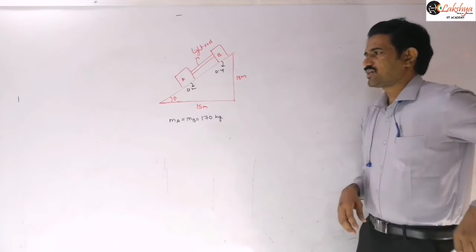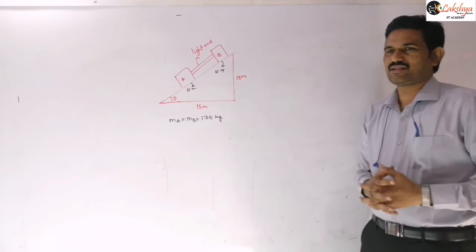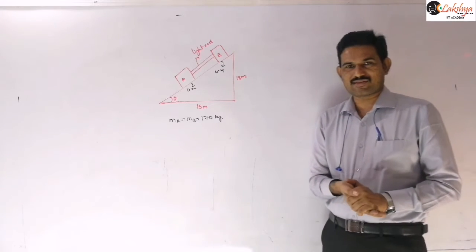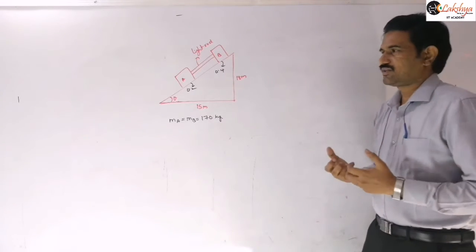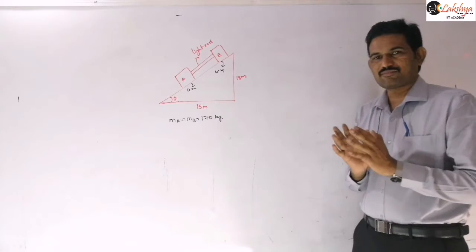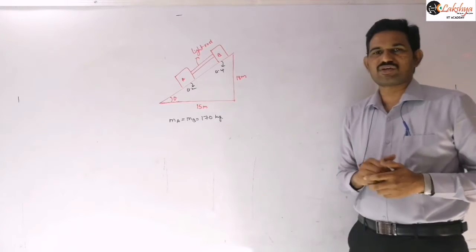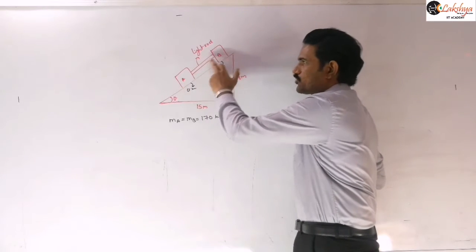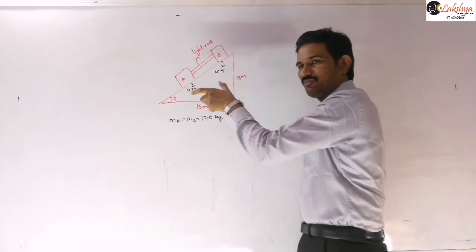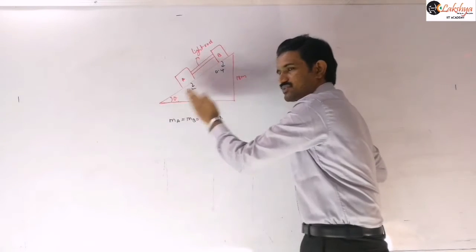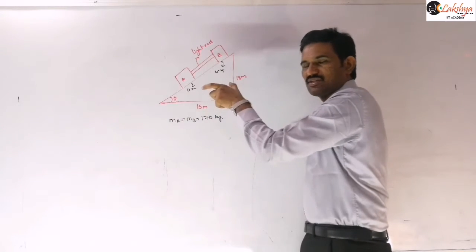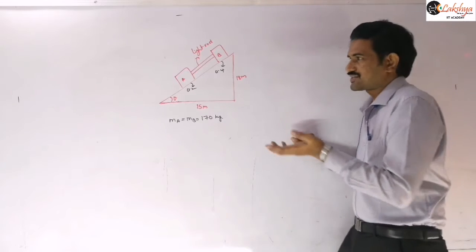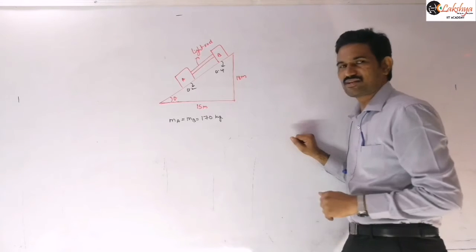So here why I am taking this rod means in case of a string, the tension in the string is possible again only in one case there. If instead of this light rod you are taking a string, then if the acceleration of this block is more than that of B, then there will be some tension. That means the first block is having some higher acceleration, then some tension will be there in between those two blocks. Otherwise, if the acceleration of B is greater than that of A,